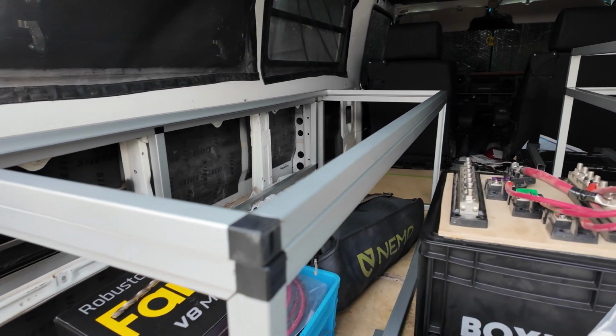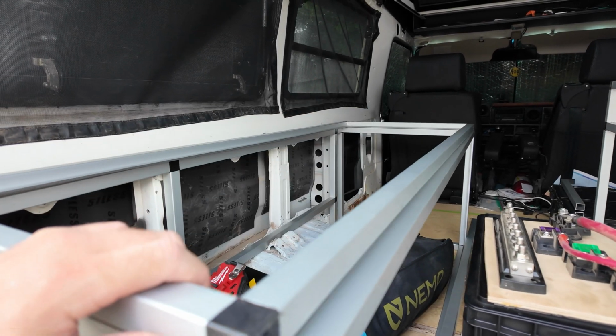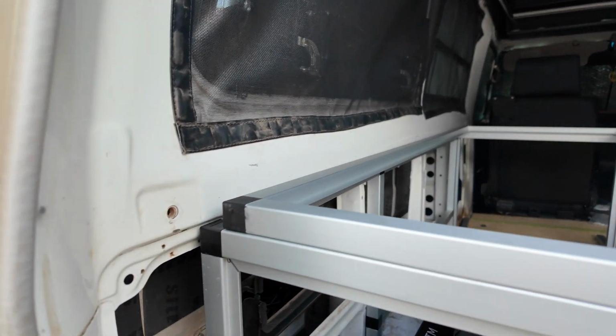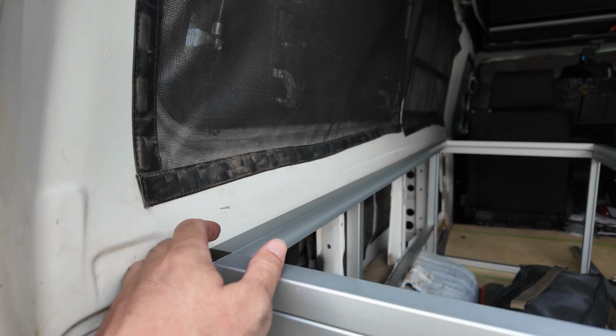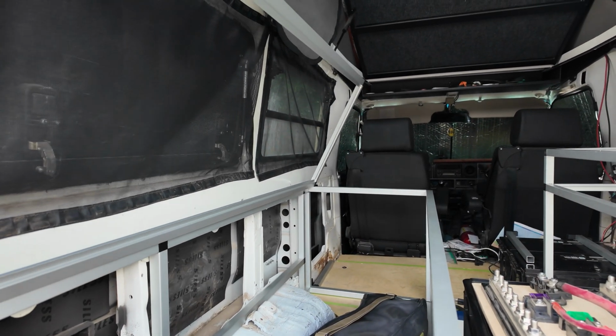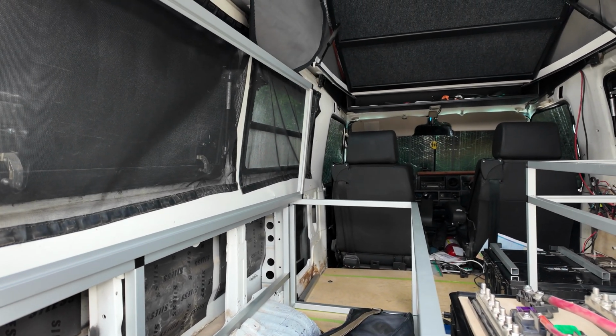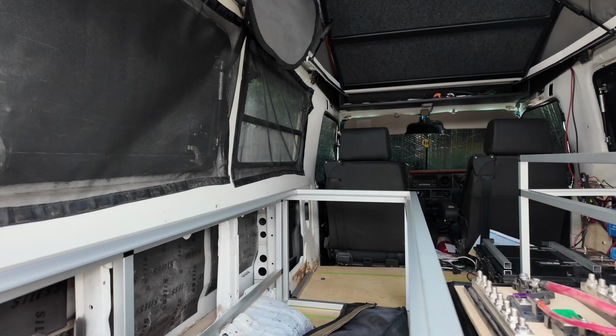So our bench cabinet here has a lid now. This will be the lid. It's 1 inch short of the actual bench itself, and that's to allow me to mount the hinges on the back side. And then it'll just open up right like that. It'll hold up in this upright position. And then